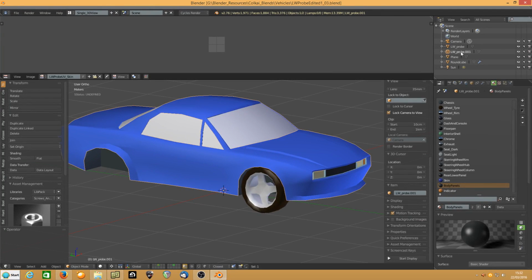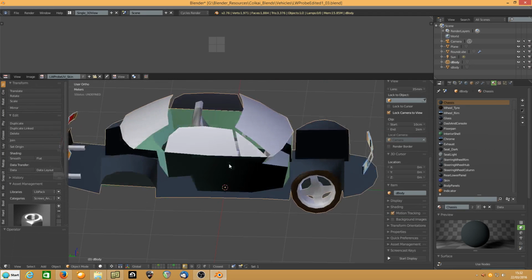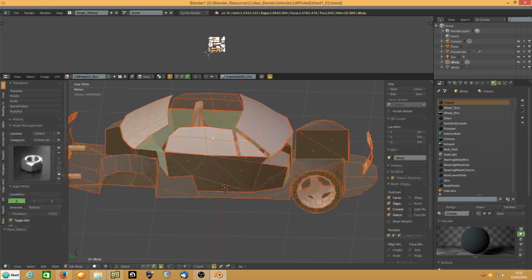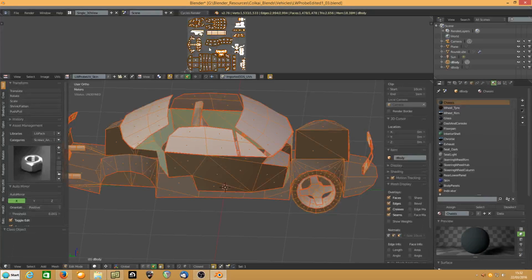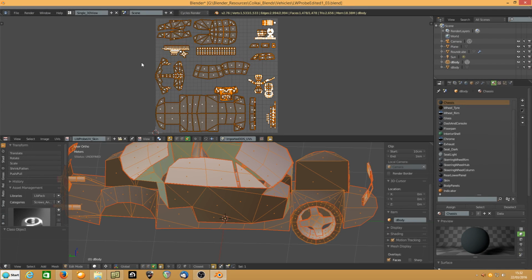Right, so I'm going to rename that to S-body because I've separated that, and so that is going to be D-body because that's the details. So D-body for your details, S-body for everything else. Now that we've unwrapped everything and we're happy with the unwrap and we have exported our UVs,